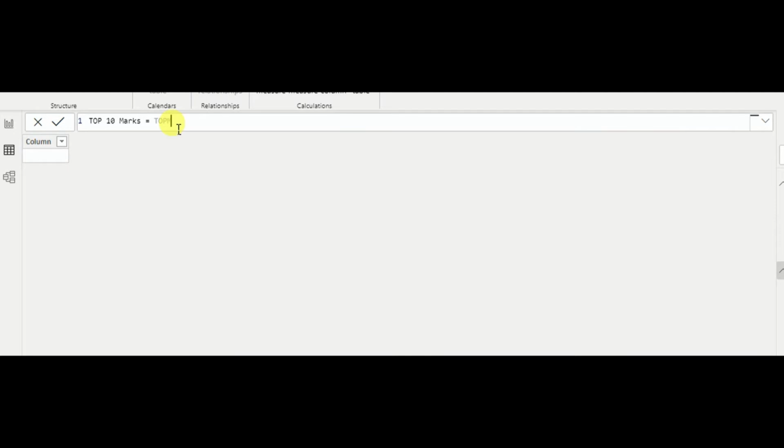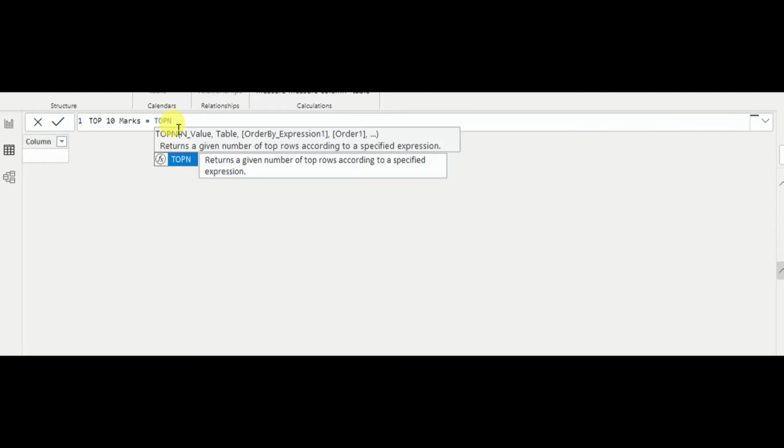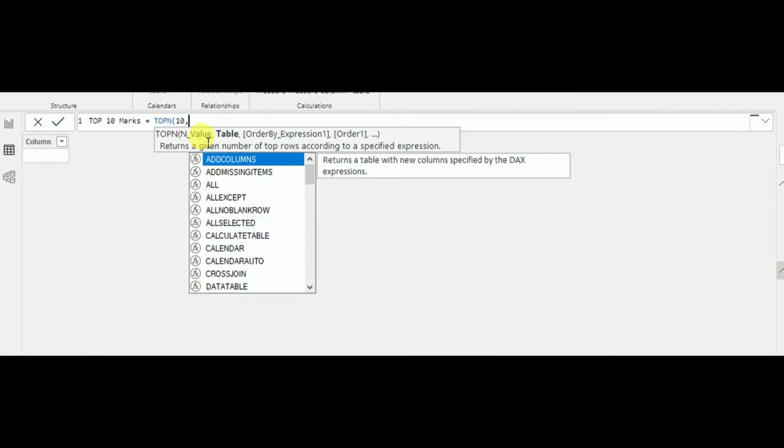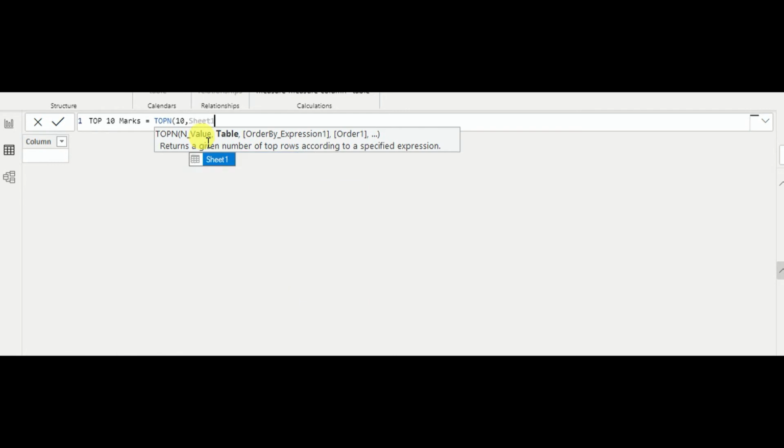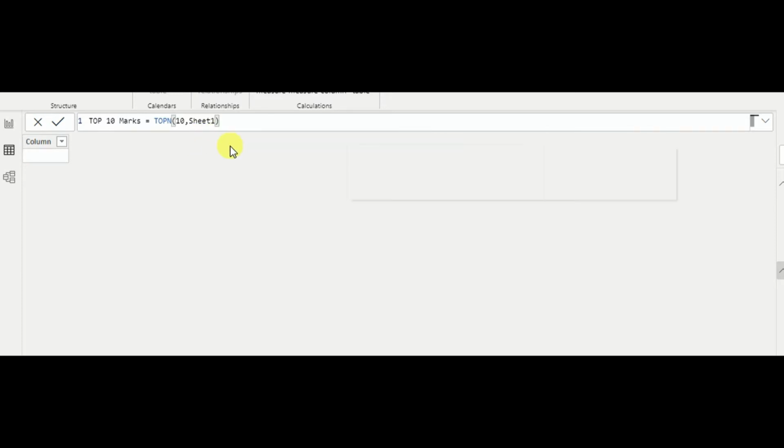As you can see, it shows what sort of values it requires. It uses an n value, so I select 10 here because I want the top 10, and the data source should be Sheet1. Without order by, let's test how the data would appear. If you press enter,